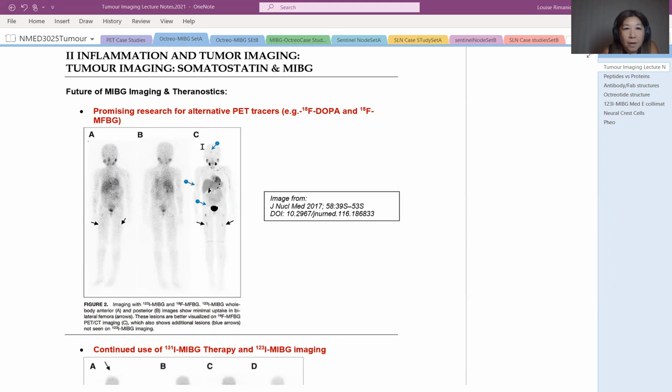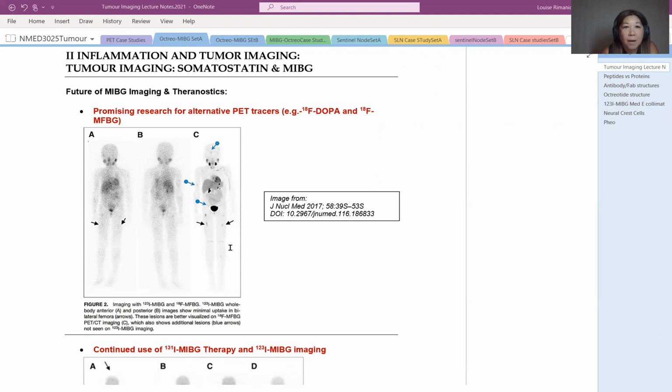This third image was actually done with a compound known as fluorine F18 MFBG, which is metafluorobenzoguanidine. And this is a PET equivalent of MIBG. And I think you could see that it's superior in terms of its localization of some of the lesions in